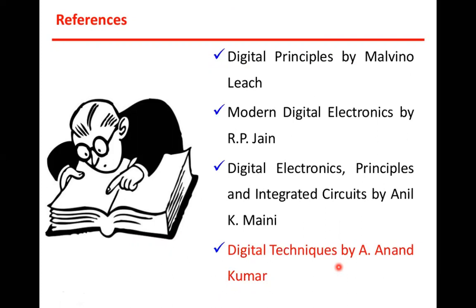So in this class, we have studied all the number systems: the decimal number system, binary number system, octal number system, hexadecimal number system, and conversion between all four number systems. We have studied the arithmetic, the Boolean algebra, addition, subtraction, multiplication, and division rules. And we have also seen the 1's complement and 2's complement, including the subtraction method.